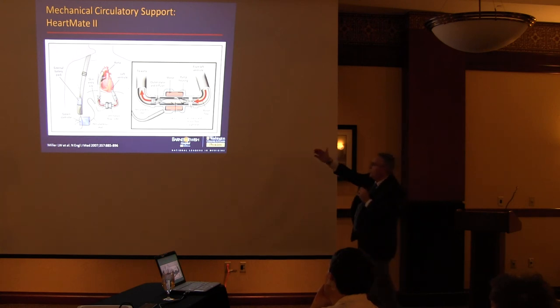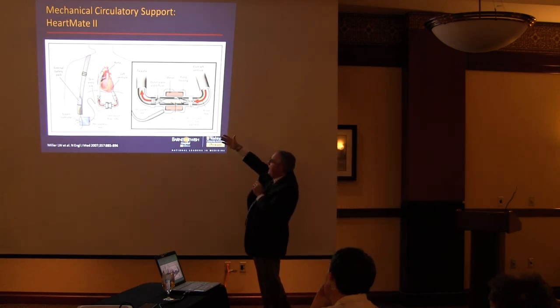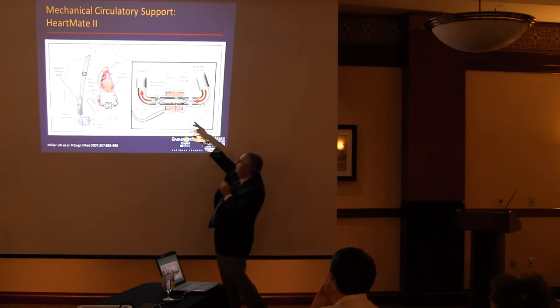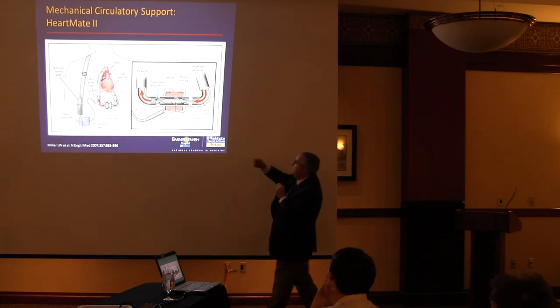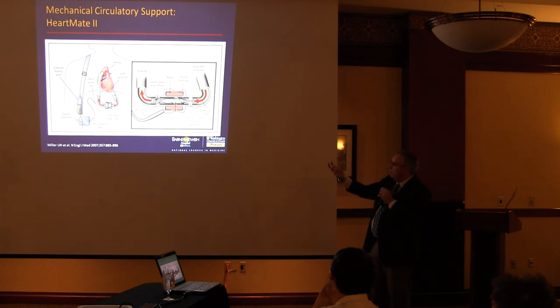It's a rotor inside this electromagnetic housing. You can see here that the pink stuff is the electromagnets, and it spins this rotor at about 9,000 RPM, takes blood out of the main pumping chamber of the left ventricle and pumps it out to the body. As you know, patients wear a battery pack and some controller, and really it becomes kind of second nature. I think a lot of people acclimate